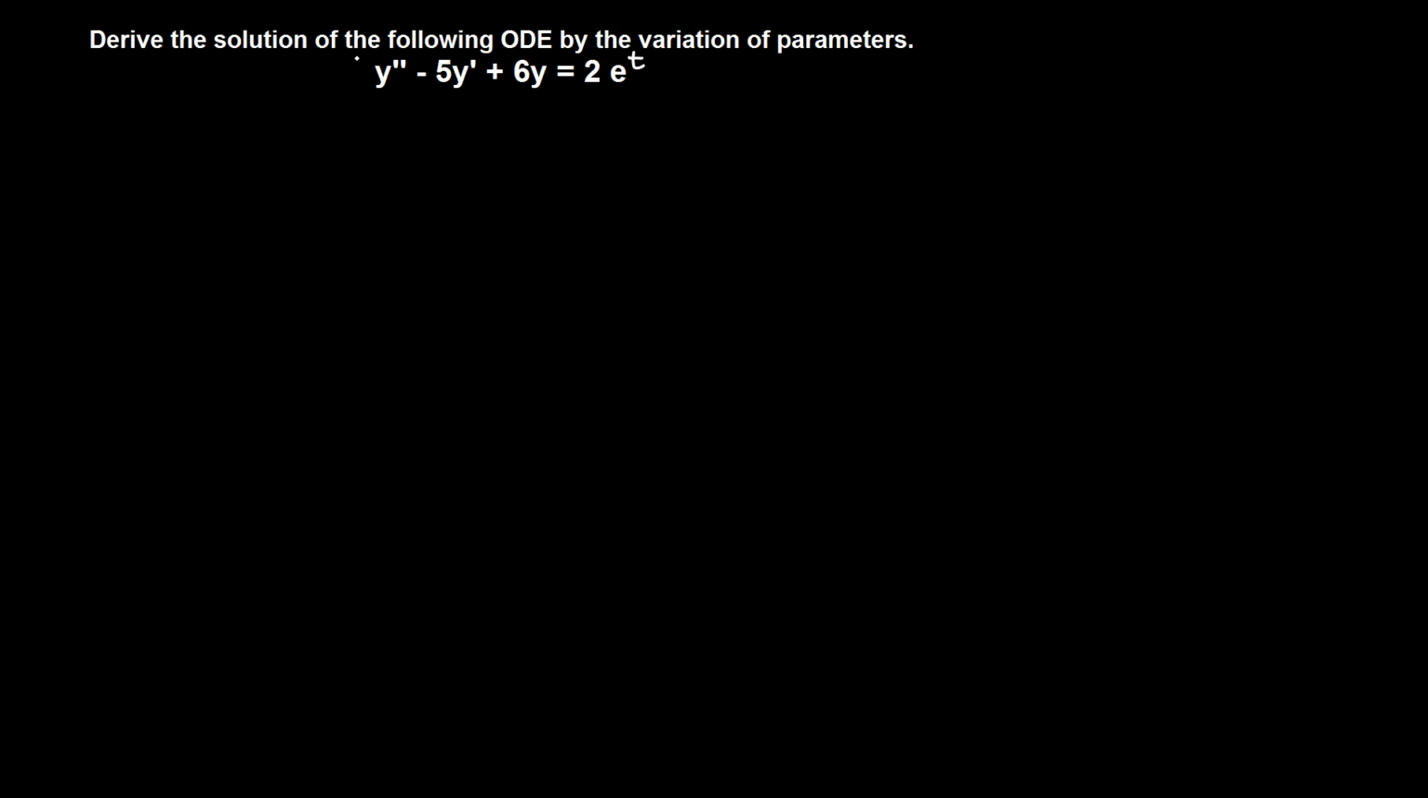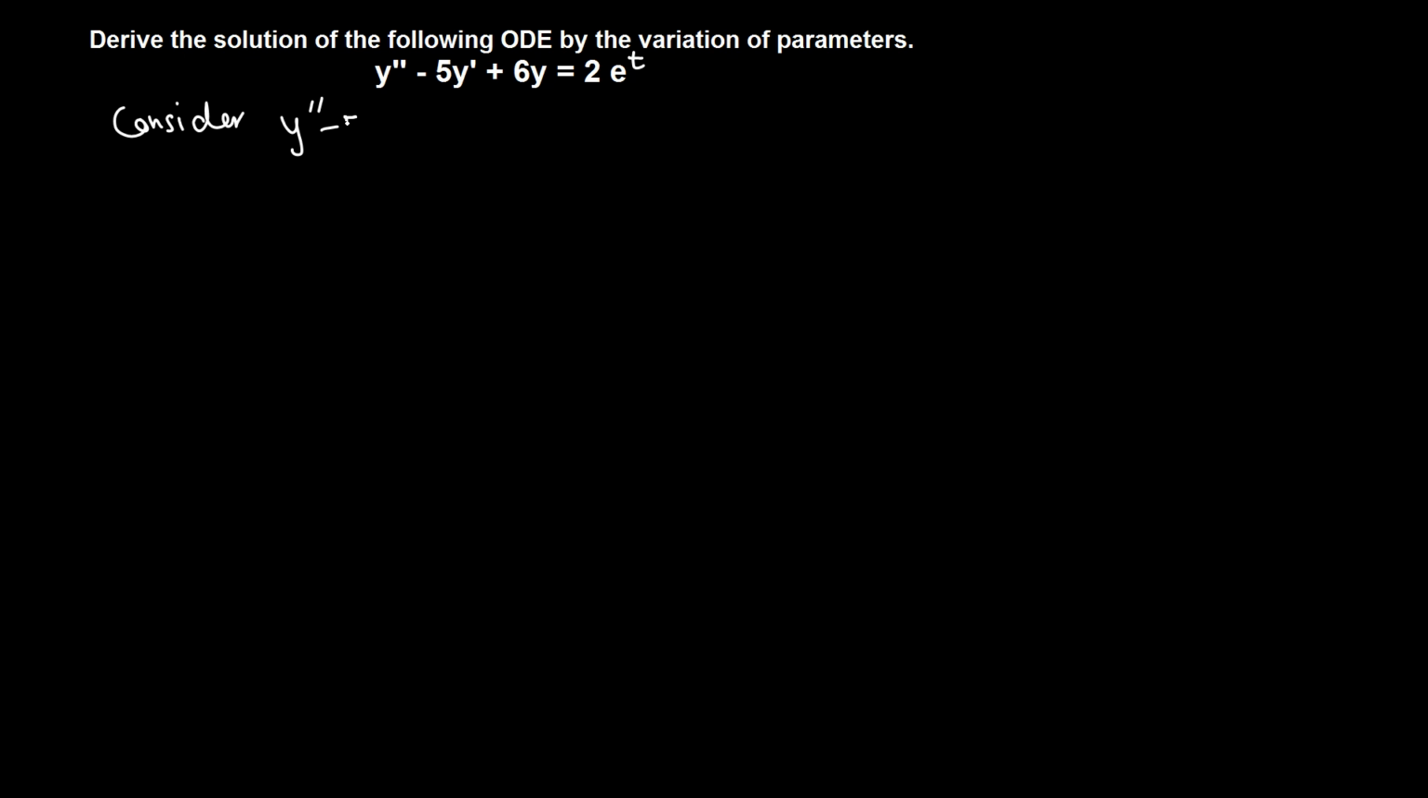Derive the solution of the following ordinary differential equation by the variation of parameters. Okay, so we have a non-homogeneous second order constant coefficient linear ODE. To solve this, we first consider the corresponding homogeneous equation. So consider